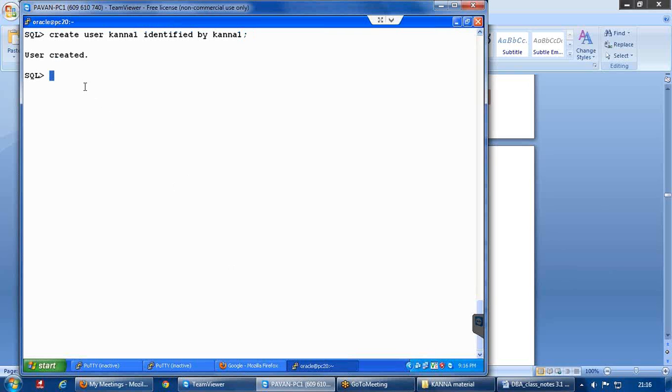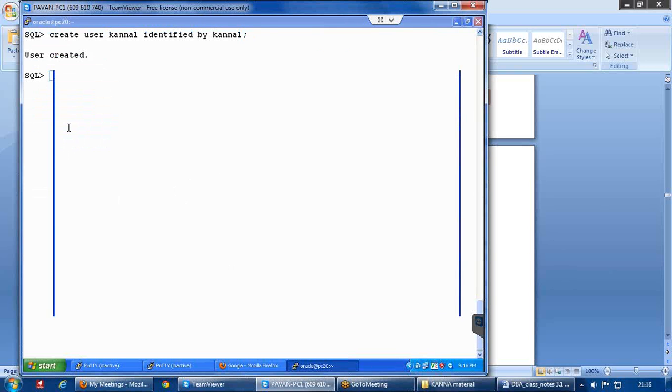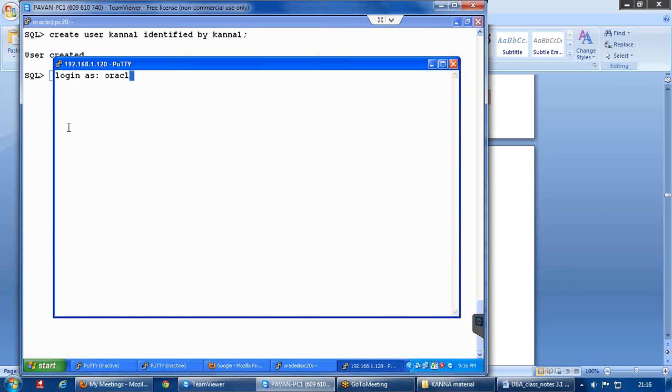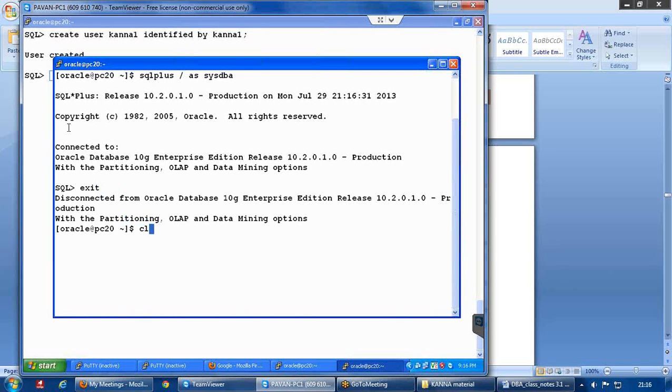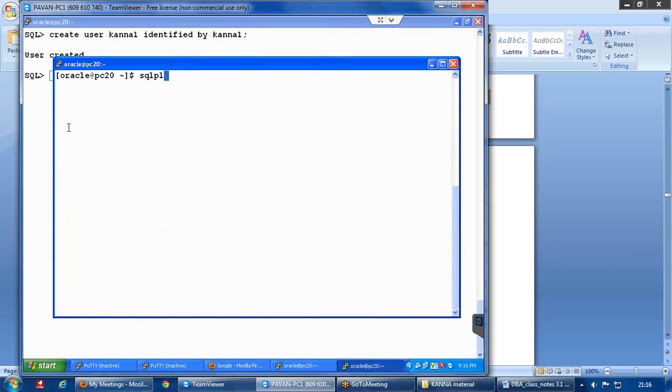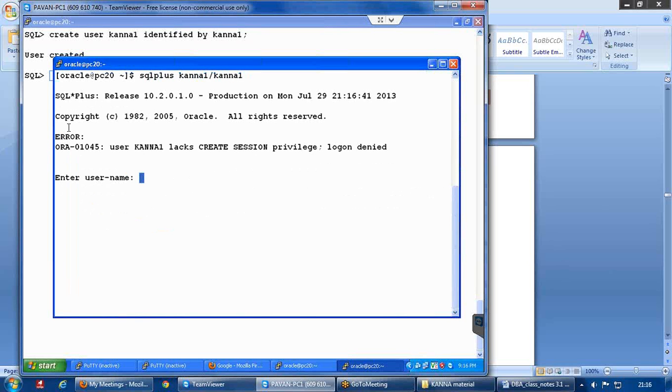Now, if we try to connect as this user to the database, let me try to connect as that user.